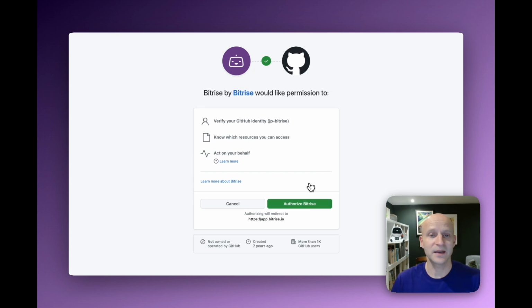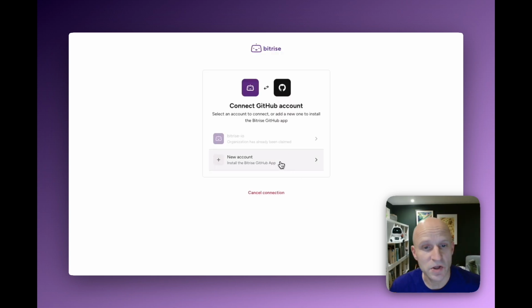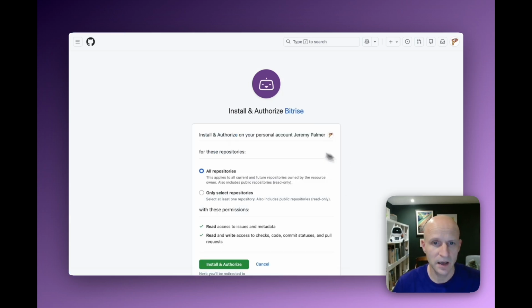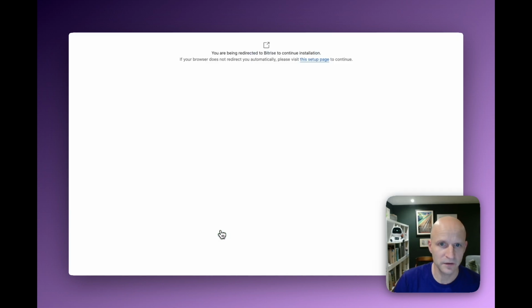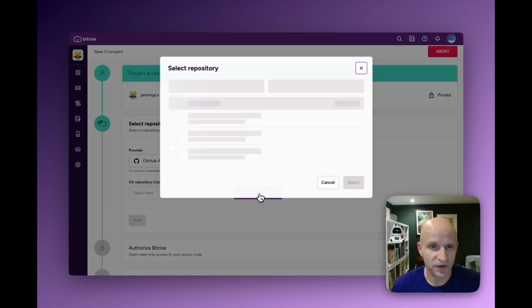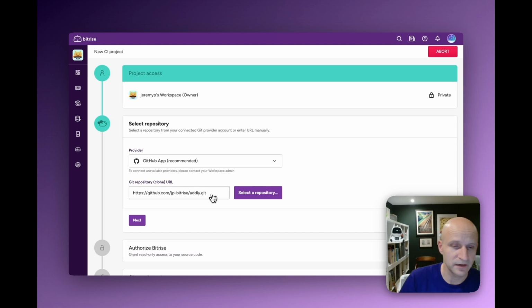I need to then authorize installation of the GitHub app via this screen here. And then I need to say which GitHub account to install the app onto, which will be this one for me. And then I have some control over which repositories the GitHub app will have access to. So I'm just going to go with all repositories right now for speed. Okay, and now I'm in a position to select whichever repository I would like. And this is the one I would like to have in this project here. I could manually enter the URL if I wanted to, and I can move on to the next stage,